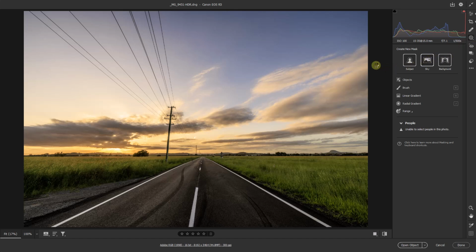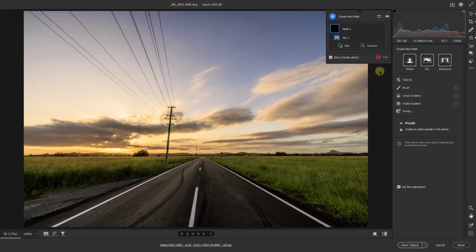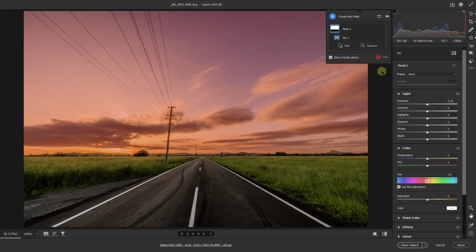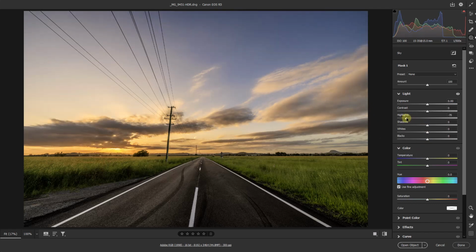Now whenever I select the entire sky, I find that generally speaking there's a limit to how far I can move the sliders, because most of the time when we're darkening skies, it looks much better when the top is darker than the horizon. Otherwise we can get a shot which looks unnatural. Now I'll untick that overlay so we can see the effect. Let's take a look at what the highlights are going to do. That's doing a little bit